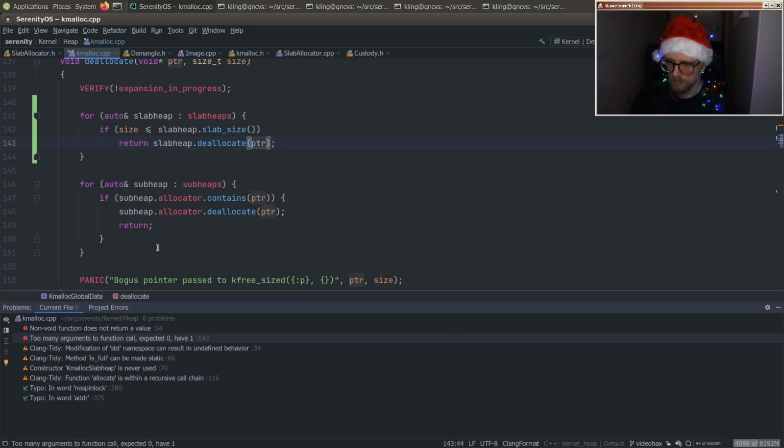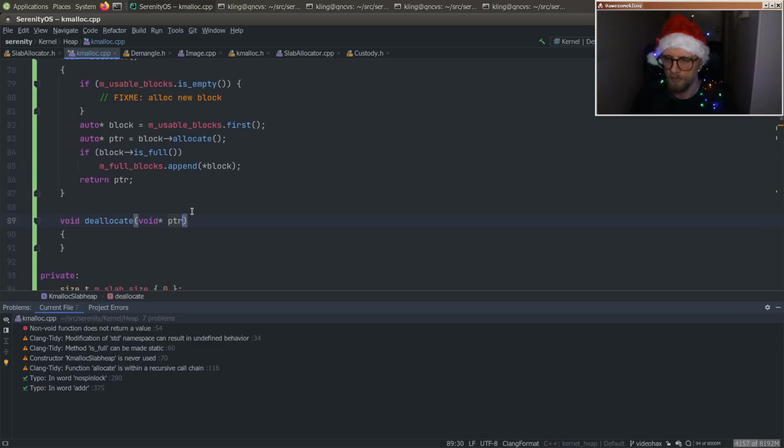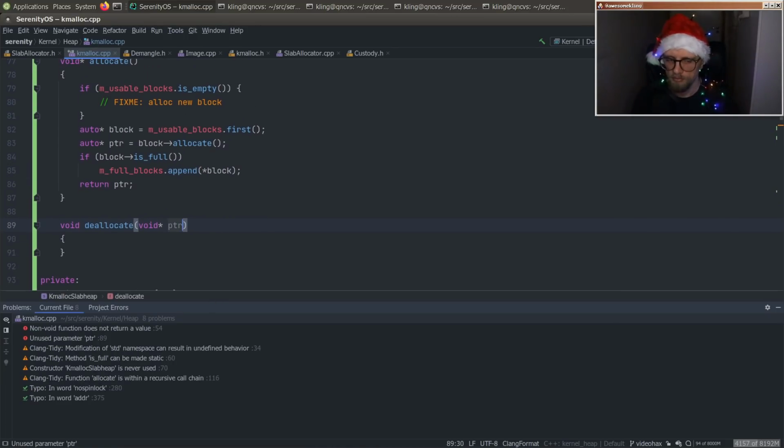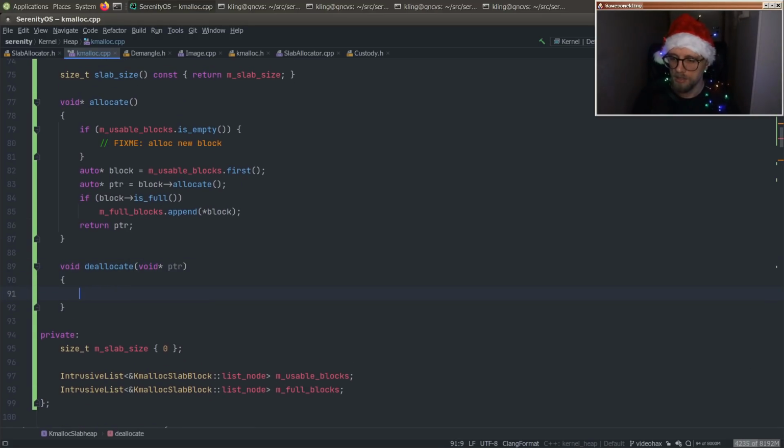Yeah. Deallocate pointer. So we need to pass in, wait, why do we need to pass anything? Deallocate. Oh, it needs to take an argument. Okay, so let's do the simplest form of deallocation first. So we can just,